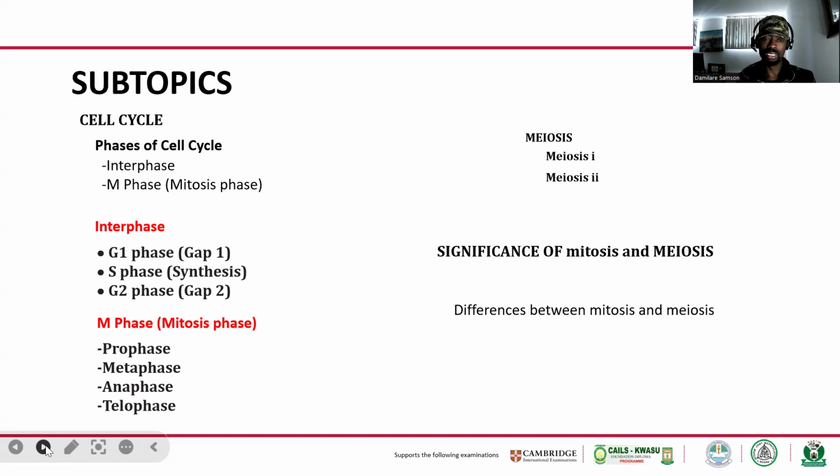The G1 is gap 1, the S phase is the synthesis, and the G2 is gap 2. The M phase has the prophase, the metaphase, the anaphase, and the telophase. And the other side is meiosis, meiosis 1, meiosis 2, the significance of mitosis and meiosis, and differences between mitosis and